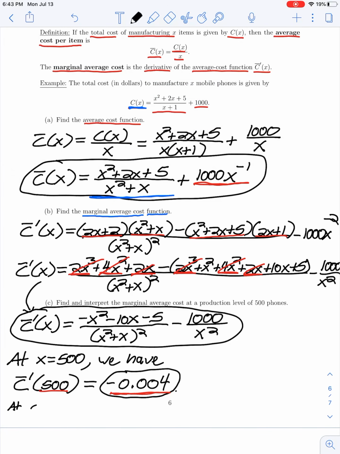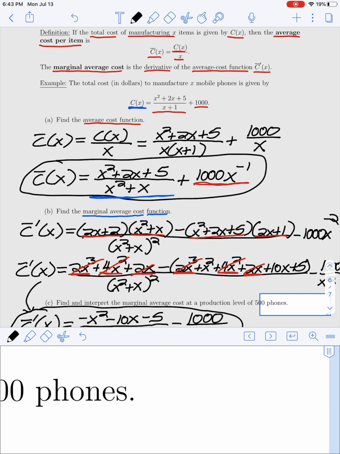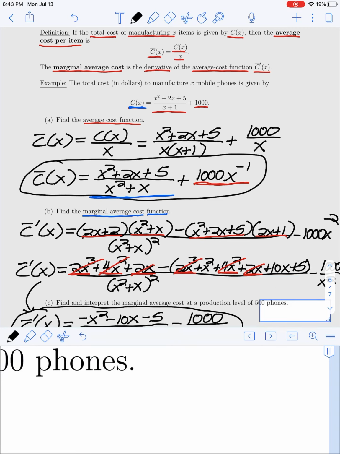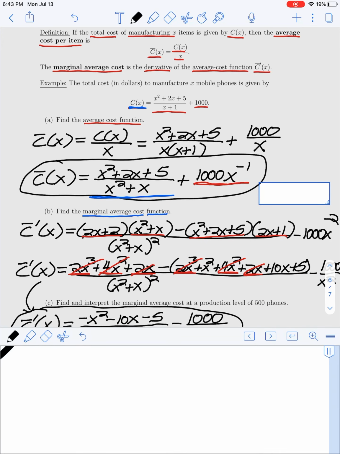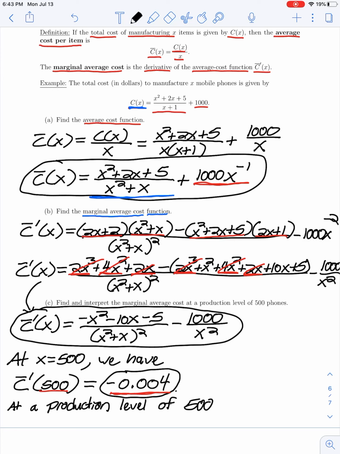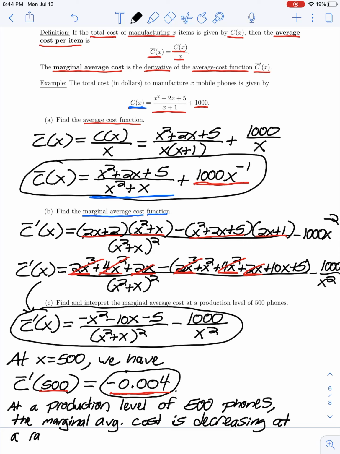So here our interpretation would be at a production level of 500, the marginal average cost is decreasing at a rate of $0.004 per